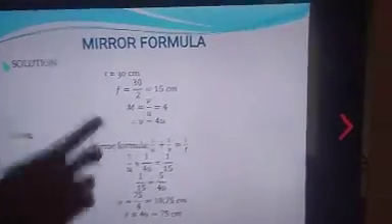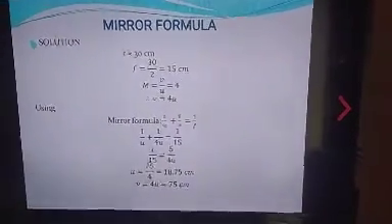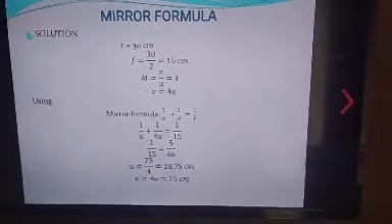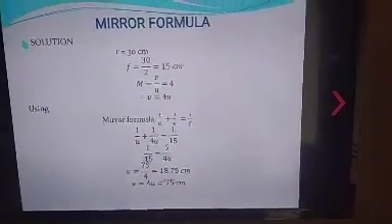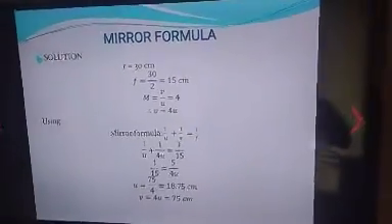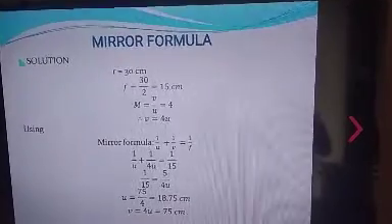First of all, we've been given the radius of curvature to be 30, so let's look for the focal length. Our focal length is half the radius of curvature, and that gives us 15. For the magnification, we said the image is 4 times the object. The object distance wasn't given, but we know the magnification is 4 times. So our magnification becomes v over u.